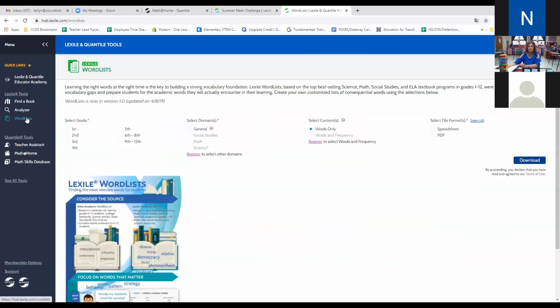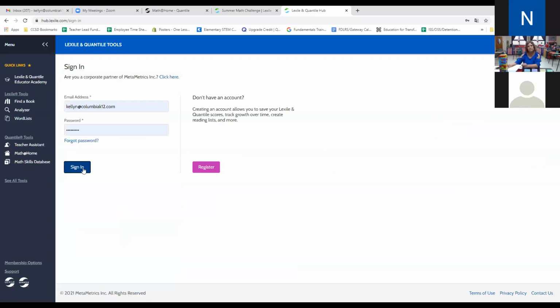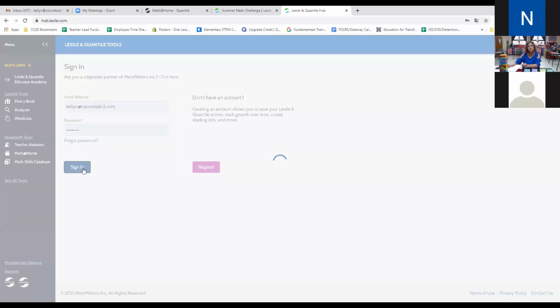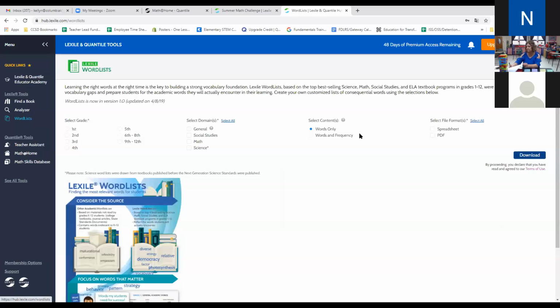Another feature that's on here that I'd like to recommend is called word lists, and it's under the Lexile tools. If you select the grade band 6 through 8, if you register and sign up, you can select any domain. I'm just going to select general just to show you what this does. And then you can select a format. I'm going to choose PDF, but you can actually choose both. And since I'm signed into this site, I'm actually going to sign in. When you register and sign in,